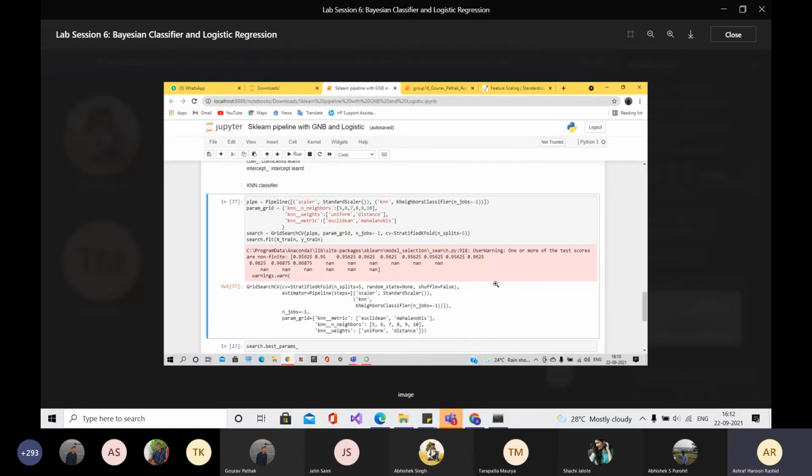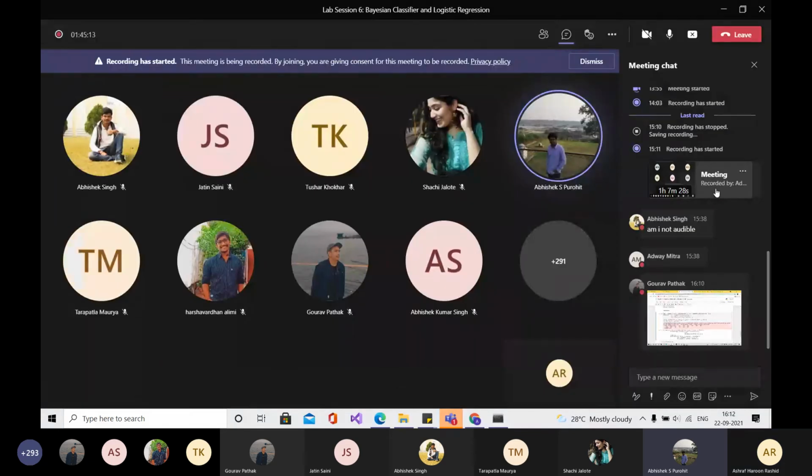And anybody else who is getting this type of error in KNN classifier? Sir, I'm getting the same error in the logistic regression one, sir. May I post the screenshot in the chat? Yeah, sure.